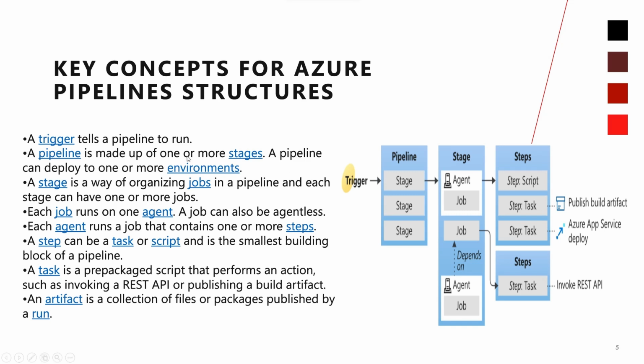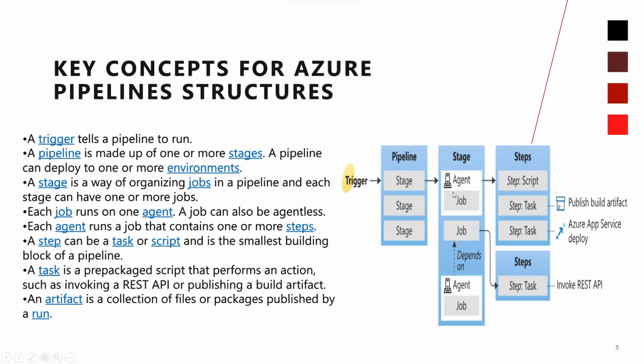If you see here, a pipeline is just made up of one or more stages. A pipeline can deploy to one or more environments. A stage is a way of organizing jobs in a pipeline, and each stage can have one or more jobs. Like I mentioned, you can have one or more jobs in each stage. Let's say here jobs, you have